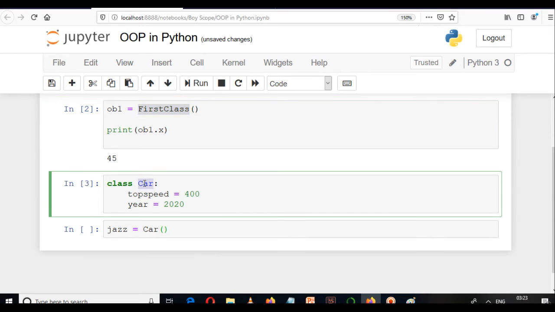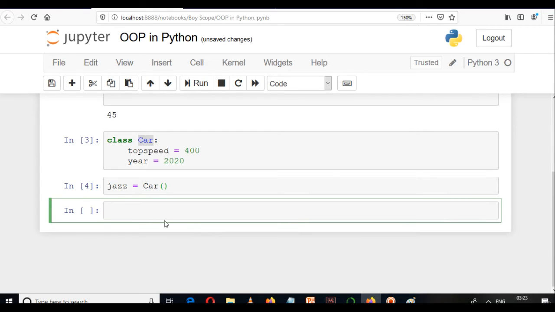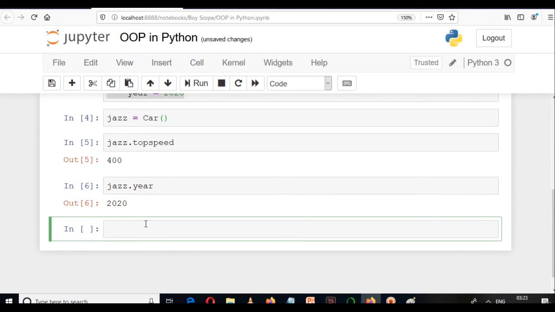We used Car, C was capital, so we are using the same thing here. Now this object will be created, and it can access the data present in that class. So if you write jazz dot top speed, you will get your answer, and if you write jazz dot year, you will get your answer as well.